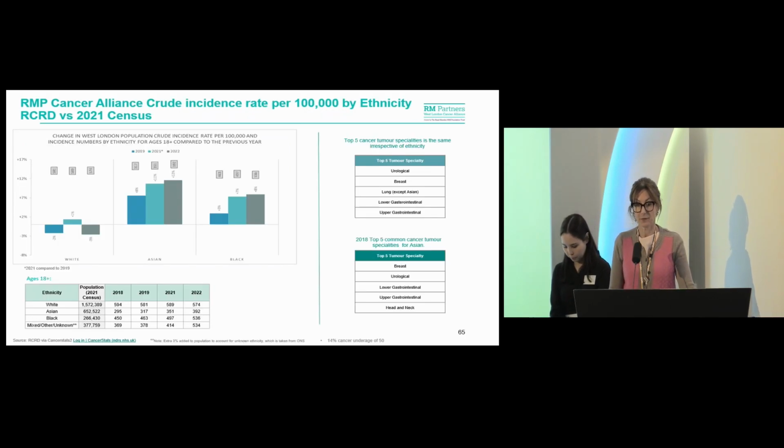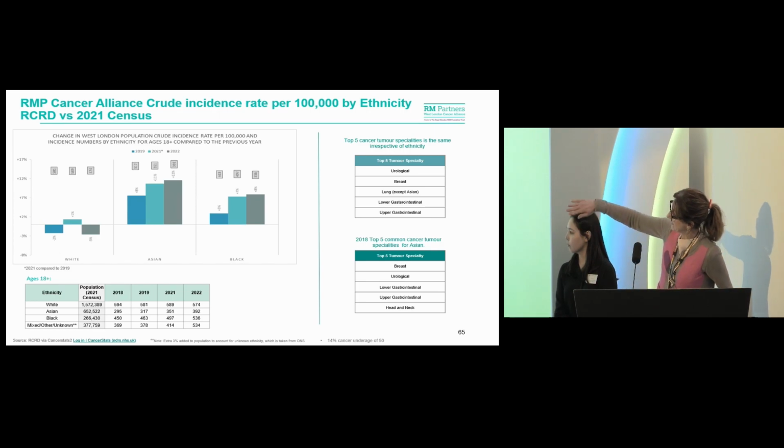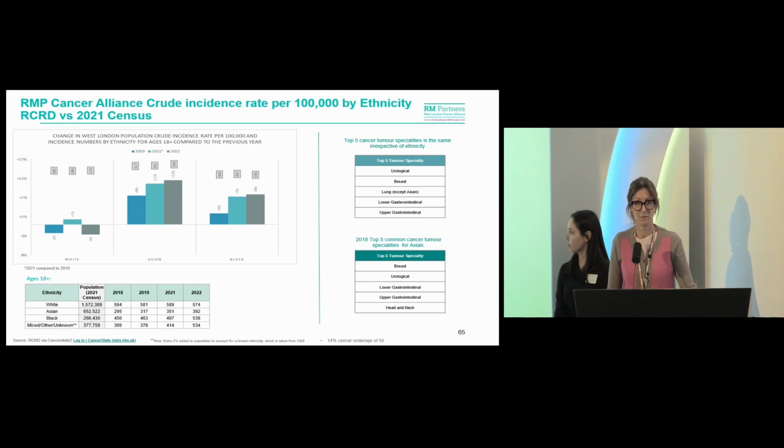Just in terms of incidence rates of cancers, we wanted to show what's happening by ethnicity by comparing the likelihood of the overall cancer rate, so this isn't by stage of diagnosis, by the population within RM partners, by that ethnicity. And what you can see is that for white people, while they have the highest rate of cancer overall, actually the incidence is fairly static. So this is looking between 2018 and 2022. You'll see we've basically just ignored the COVID year because we had bizarre numbers coming through, about 1,000 less cancers